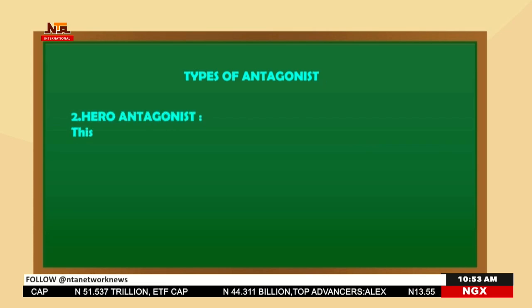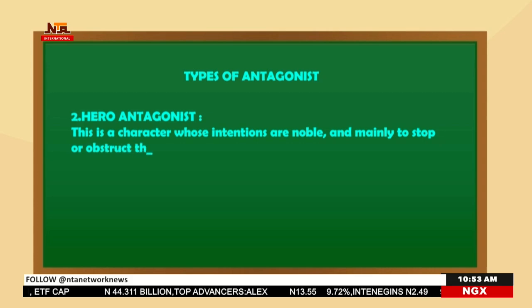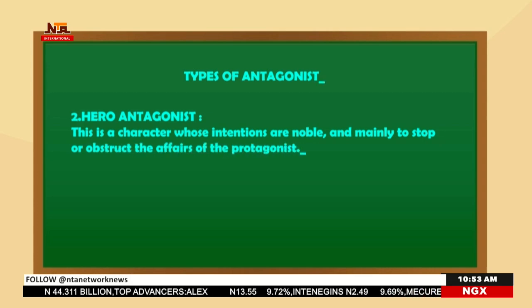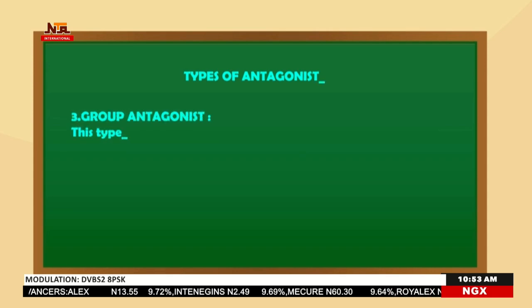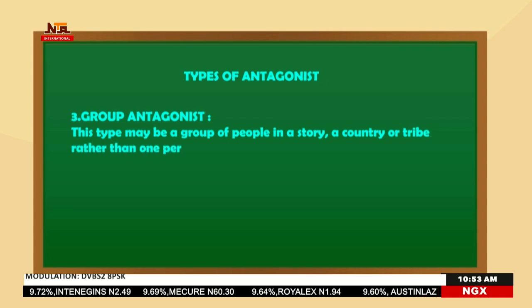Hero antagonist. This is a character whose intentions are noble and mainly to stop or obstruct the affairs of the protagonist. Group antagonist. This type may be a group of people in a story, a country, or tribe rather than